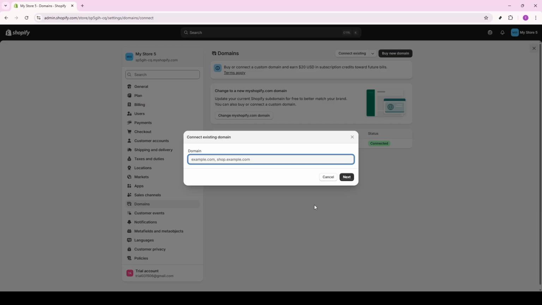If you prefer to set things up manually, or if automatic connection isn't available, you'll update your DNS records in GoDaddy. The typical configuration is an A record for the root domain pointing to Shopify's IP address at 23.227.388.65 and a CNAME record for www pointing to